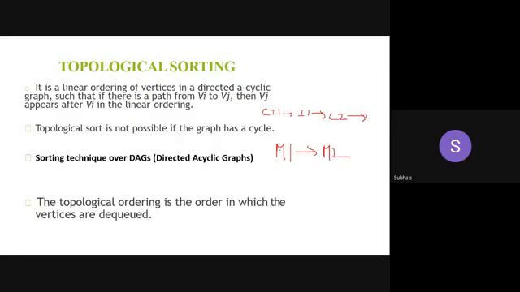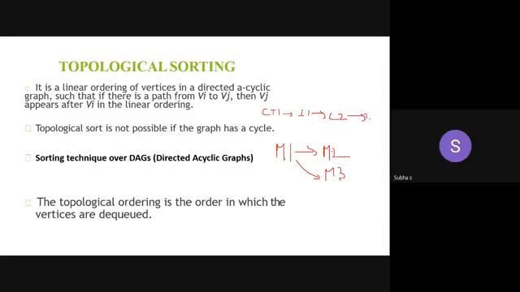Vj appears after Vi, that is, module 2 appears after module 1. So this ordering is called topological sorting. While module 2 is going on, I can go parallelly with module 3 also. In this situation there are two sorts possible: from M1 I can move to M3, so M1, M3 is one sorting, or M1, M2 is another topological sorting.